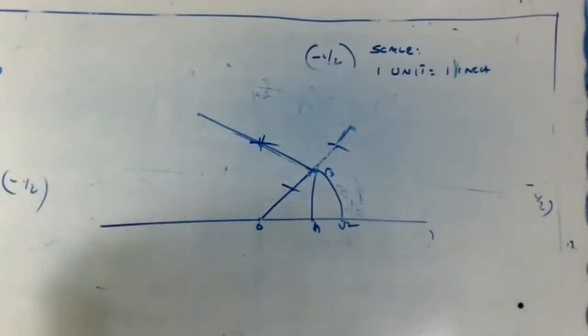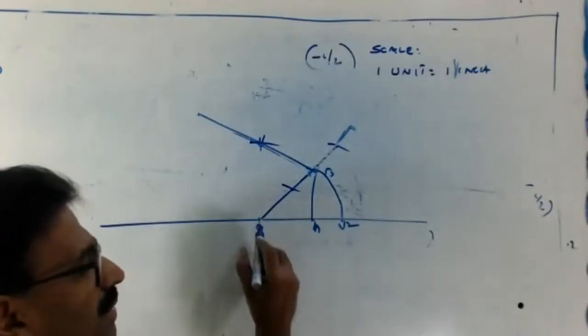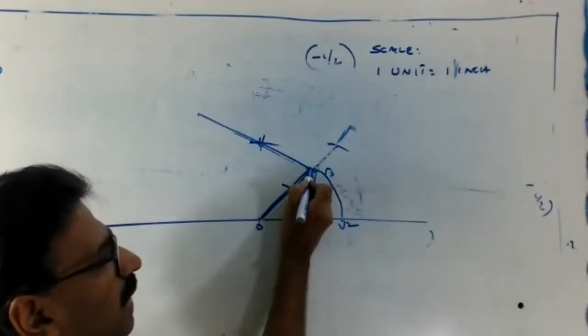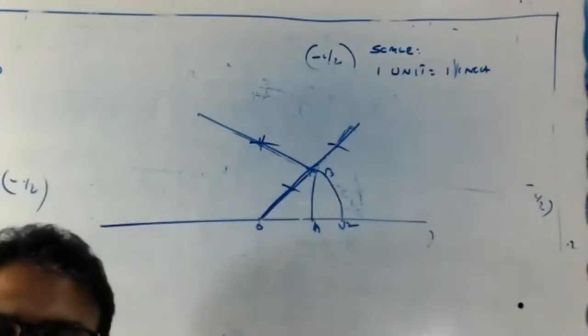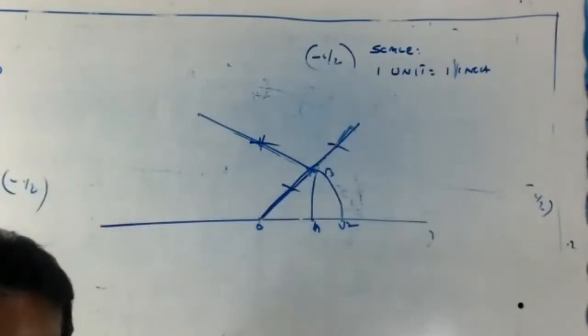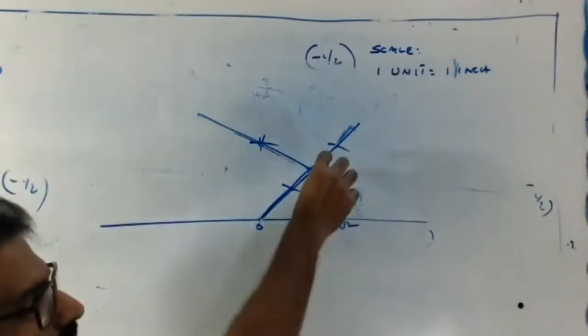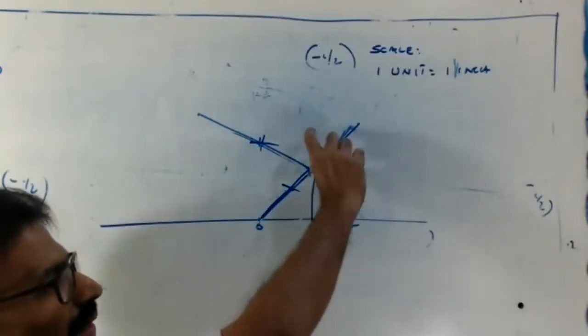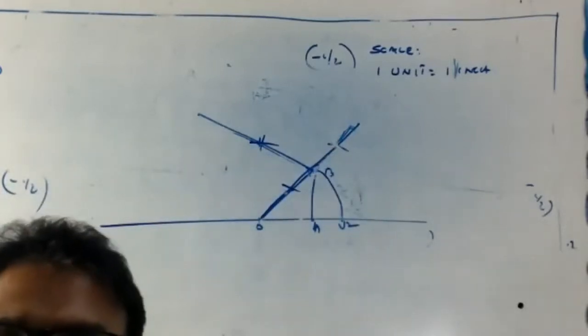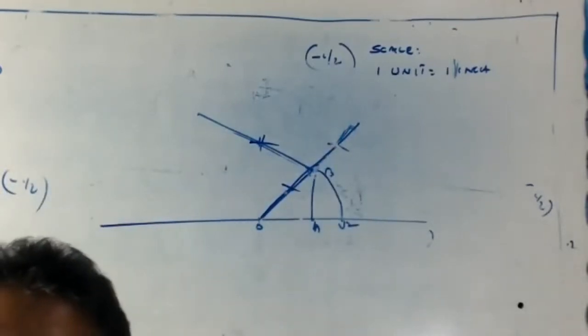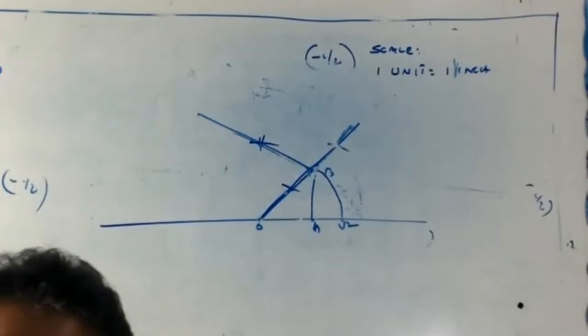So then extend this line. See, you extend this line with the scale. Then take the compass. We need a perpendicular here, so take the compass and arc here and here arc. Are you using protractor or compass in school?